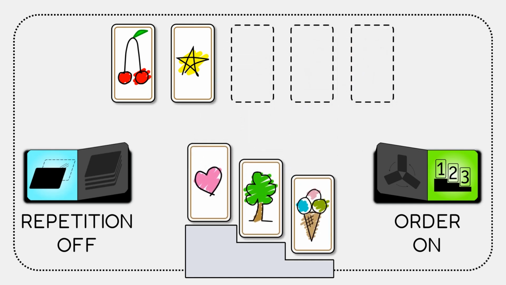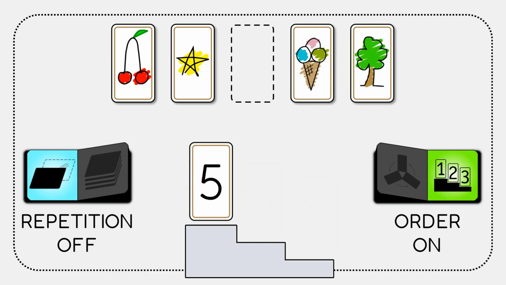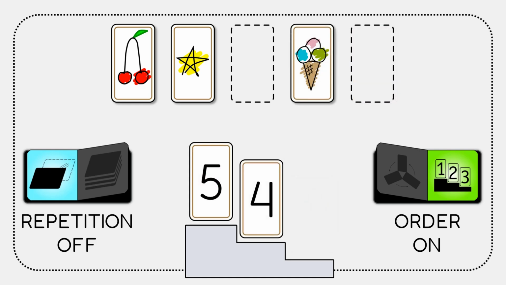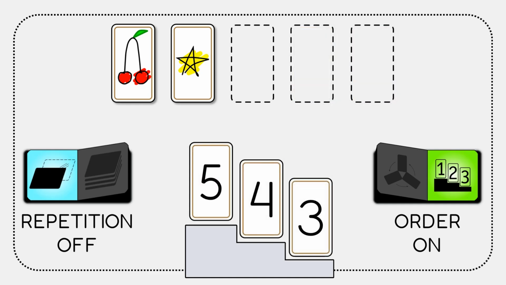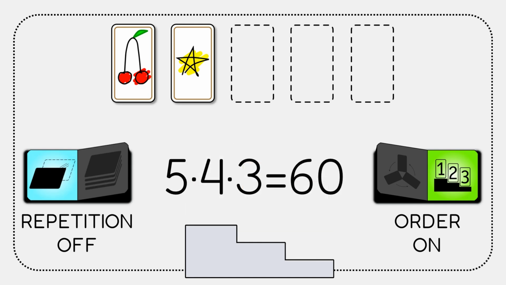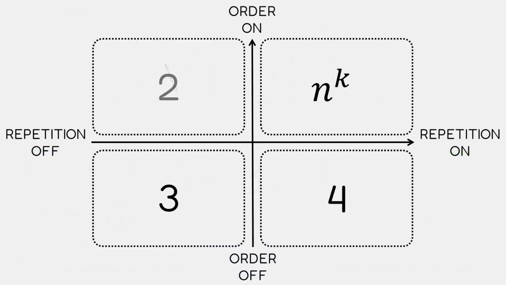So after n choices at first, there are only 4 left for the second pick, and 3 for the last one. In total, 5 times 4 times 3 equals 60 possibilities. In general, the formula to count the different selections is n times n-1 times n-2 and so on, multiplying k numbers in total. To make this formula for the second quadrant easier to remember, you can use this alternative notation